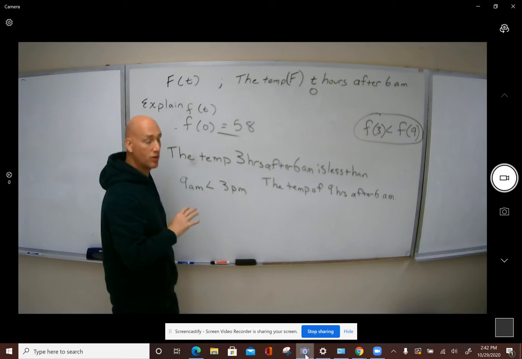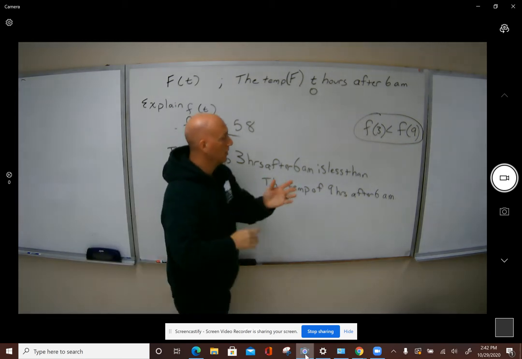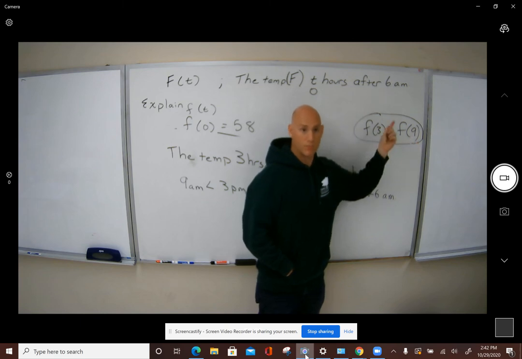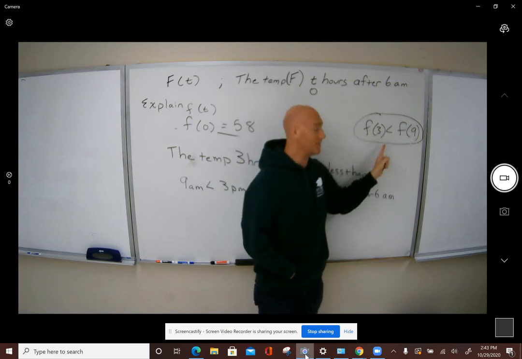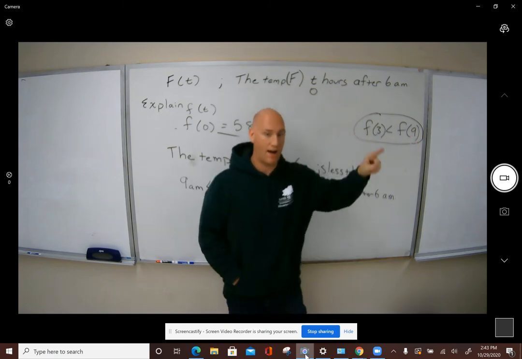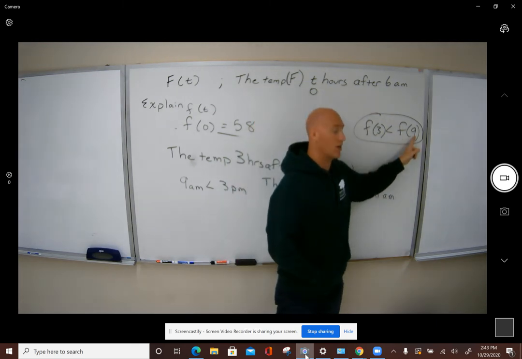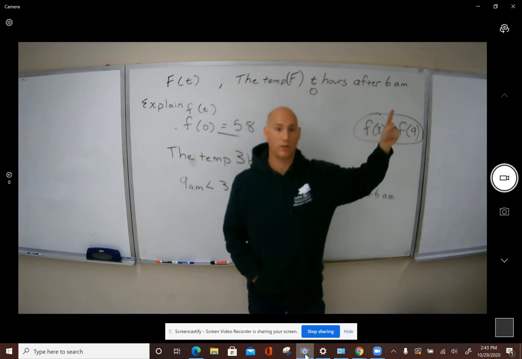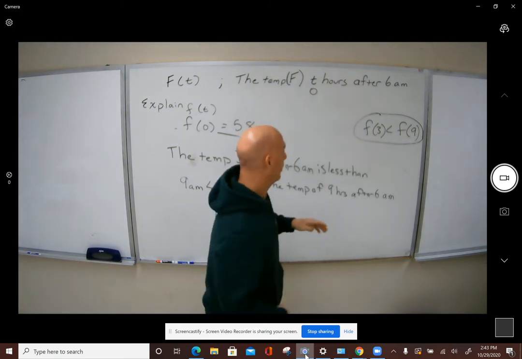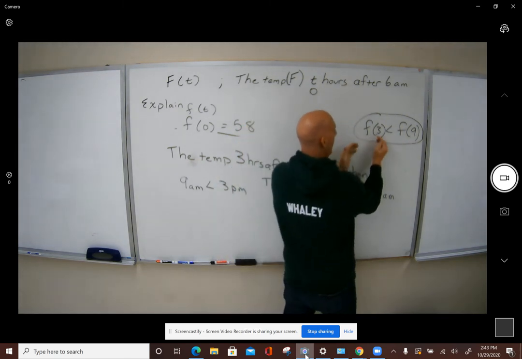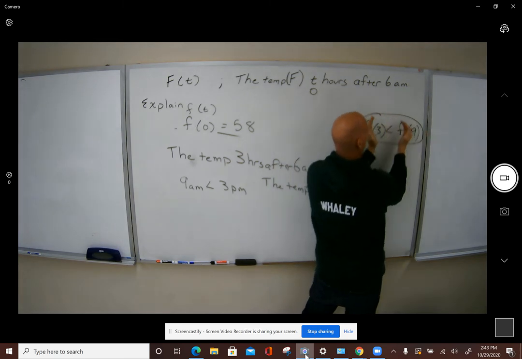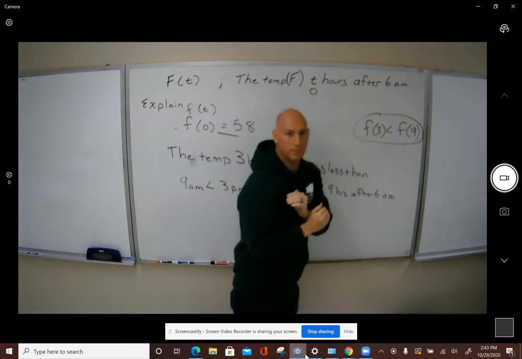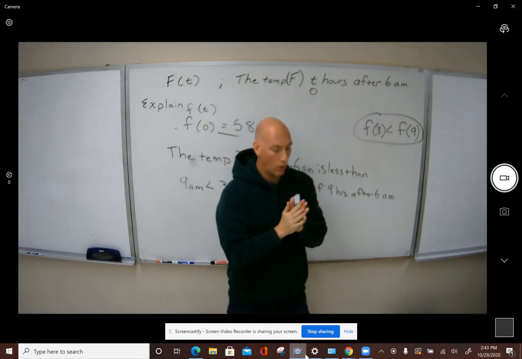So that's the hardest one to read, so make sure it makes sense. The functional value of 3 is less than the functional value of 9. The functional value of 3 represents the temperature 3 hours after 6 a.m. The functional value of 9 represents the temperature 9 hours after 6 a.m. So remember, these aren't representing times, these are representing temperatures. This temperature is less than that temperature. Okay? So go ahead and work on the monitoring